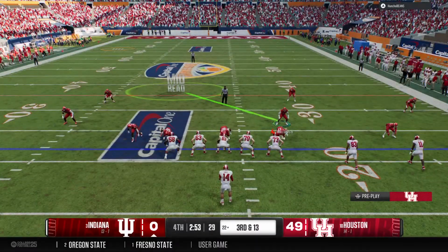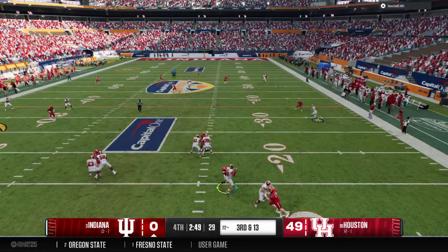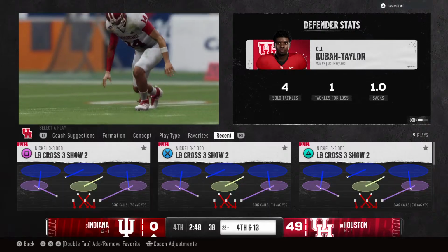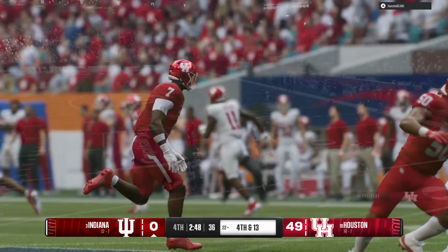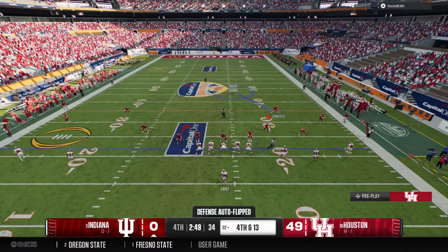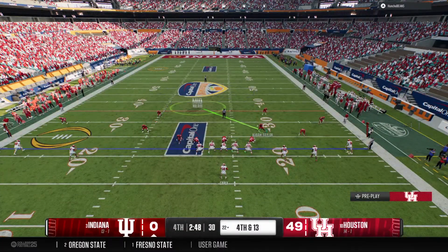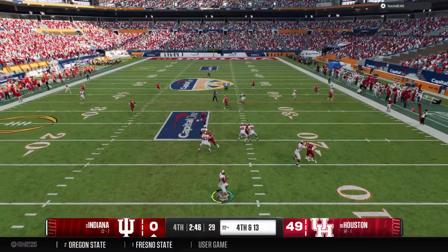I'd go right back to it, try to find a matchup, and go to one of your receivers that can make a play for you. And they hit him just as he releases the ball. It's incomplete. Well, that's not what you want to see as an offense when you're trailing late in a football game. An incompletion on 3rd down and long. Hey, it's a bit of a risk, but with that clock looking the way it looks right now, I think you got to go for it here and hope to...